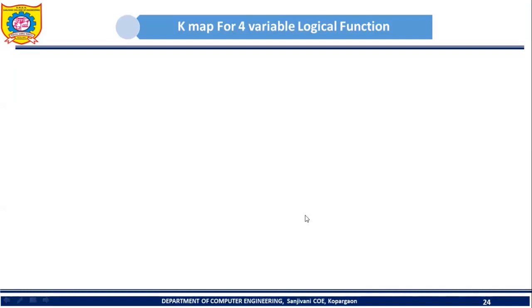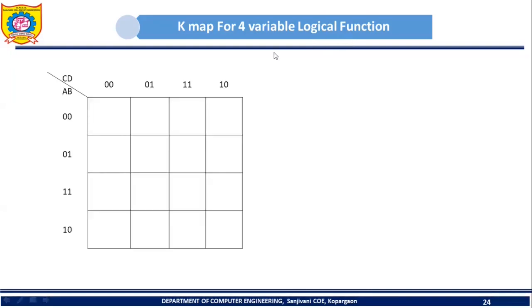So this is the 3 variable K-map. Now let's discuss the 4 variable K-map. In a 4 variable K-map, we will have 2 raised to 4 cells, that is 16 cells. And a 4 variable K-map should be used whenever we want to minimize a logical function which has 4 variables. So see, the format of the 4 variable K-map is like this. It will have a total of 16 cells. So let's assume that we have 4 variables like A, B, C, D. So A, B, these are 2 variables, they can have 4 combinations. 4 combinations are possible. So the first combination is 0 0.